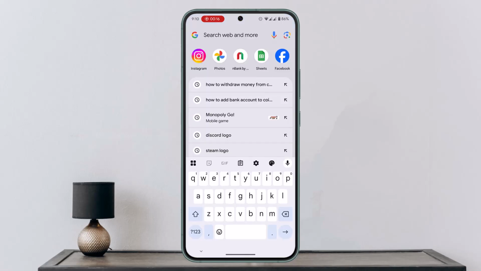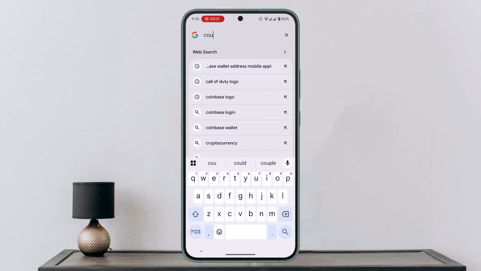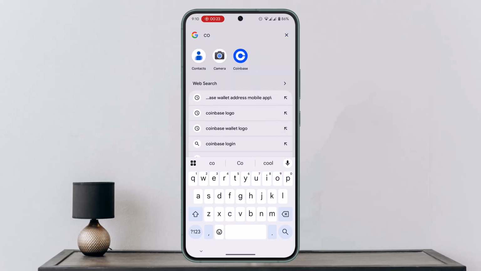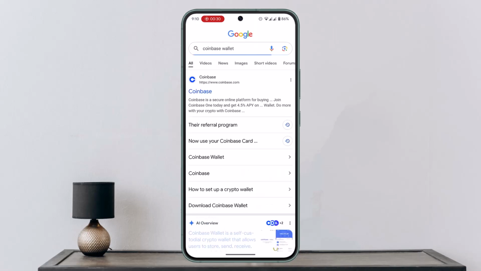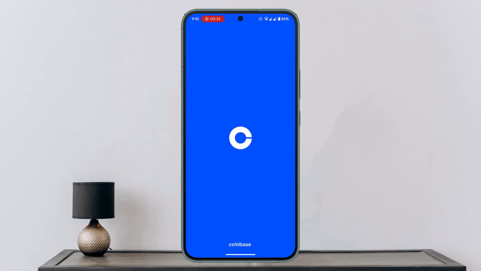So what you need to do is, first of all, if you want to go with Coinbase Wallet, let's say, you could go and type in coinbase.com or coinbase.wallet. This is going to take you to their official page. You could go and click on the first link that appears and simply follow the on-screen